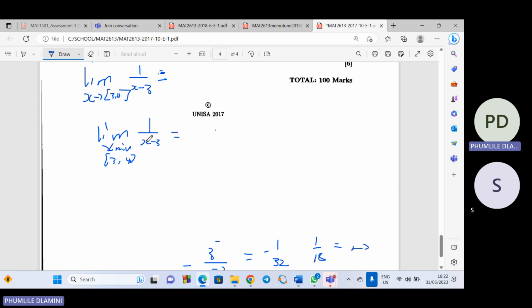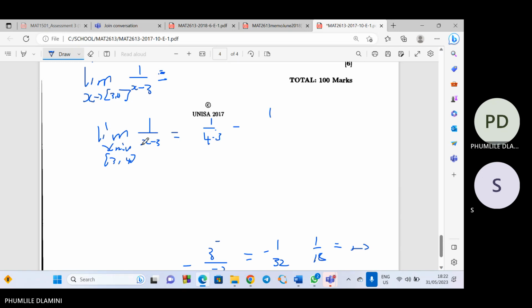If we put 3 there, we'll see that this is not going to work. But if we put 4, it's going to be 1 over 4 minus 3, minus again 1 over, we can just